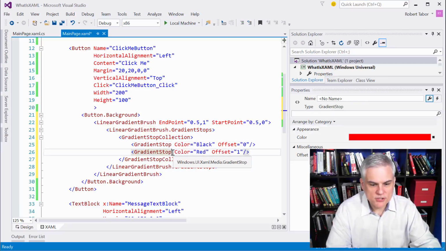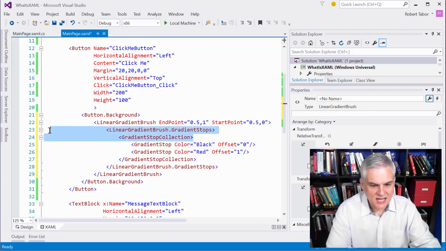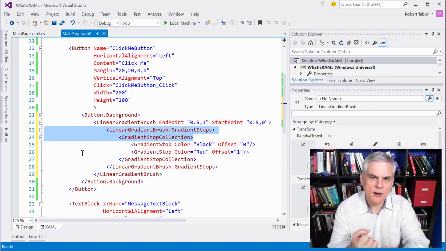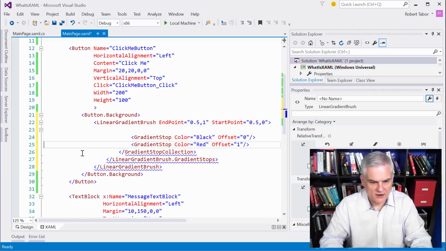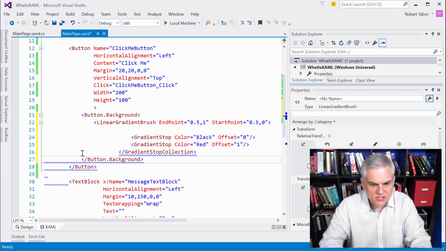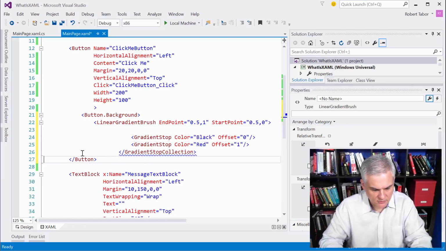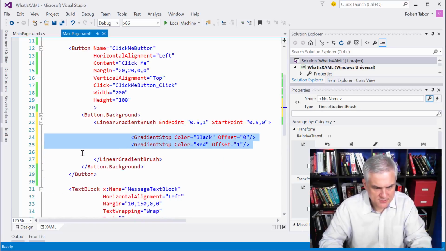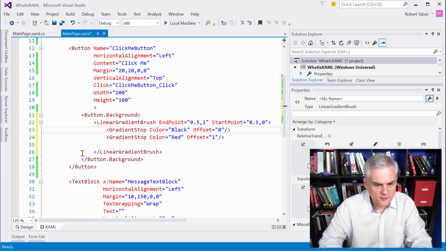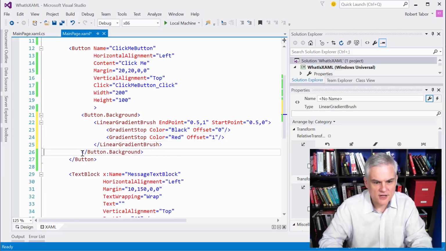So since we just put 2 gradient stop objects inside of a linear gradient brush, it knows that we're dealing with the default property, and that default property is of type gradient stop collection. So we don't even need to put that in there. That's already implied. We can just supply it. Whoops, gave it the wrong thing here. We can just give it the 2 gradient stops, and it can infer the rest that it needs from its